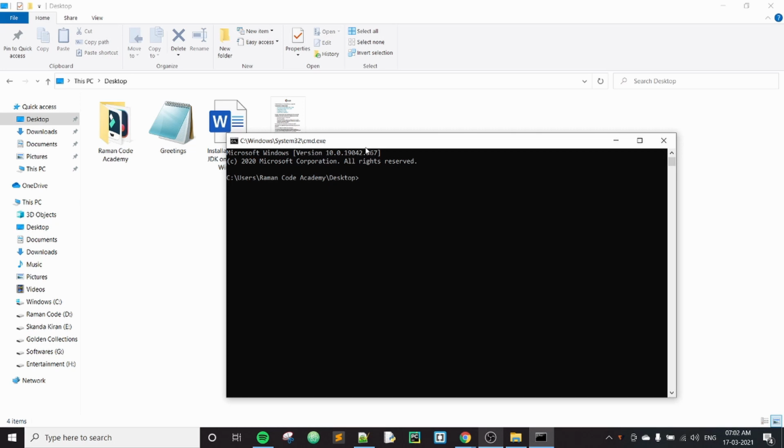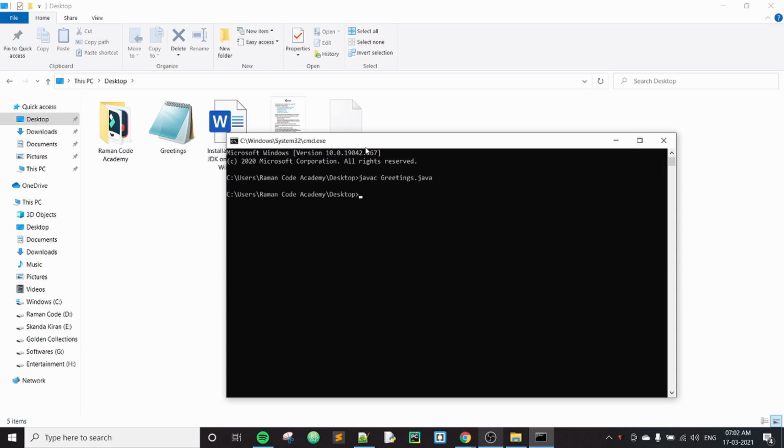In order to compile your Java program, you have to give javac. Javac means Java compiler, followed by the file name .java. The file name that we have is greetings.java. So I'll give it as javac greetings.java and press enter. As of now, my program doesn't have any errors, so it is ready for execution.